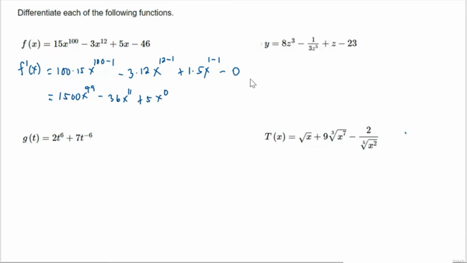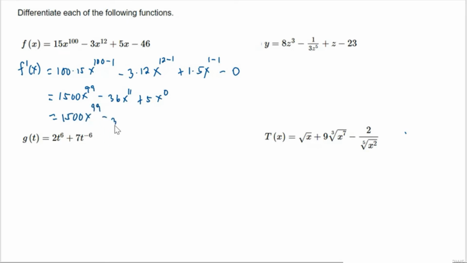So that the last term is 0, no need to write for 0. But this one is not yet the final answer, because from the knowledge of the law of exponents, any number raised to 0 is equal to 1. So therefore, the last term can be written as, I'll copy first this one, 1,500 of x raised to